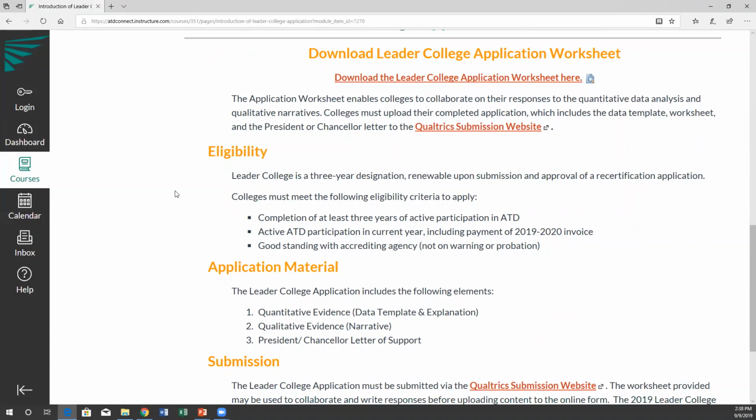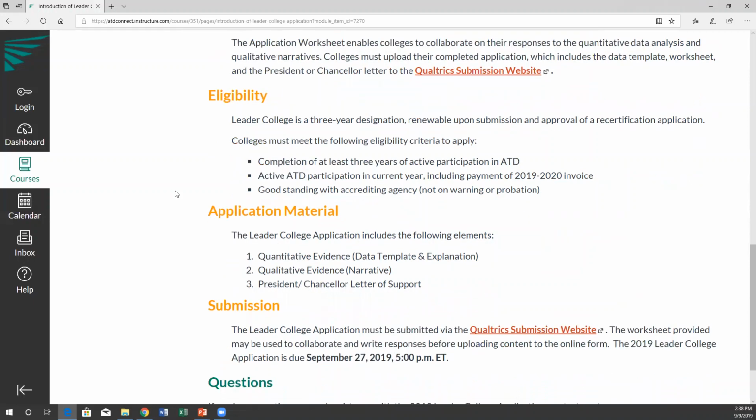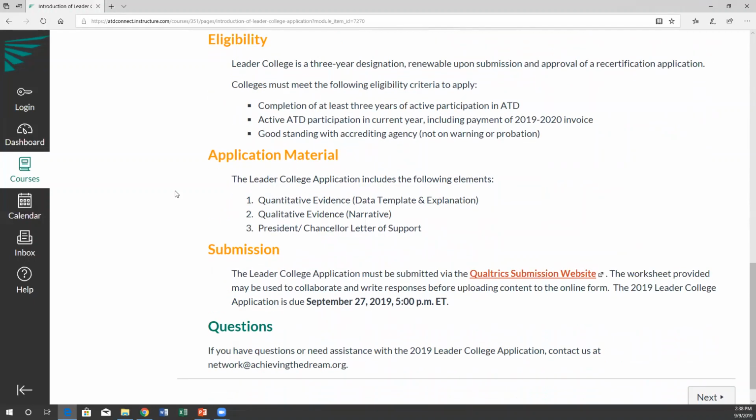This year's Leader College application includes 3 components. Quantitative evidence, comprised of data template and data analysis. Qualitative evidence, which is a written narrative. And your President or Chancellor letter of support. All Leader College components must be submitted via the online form on the Qualtrics Submission website.